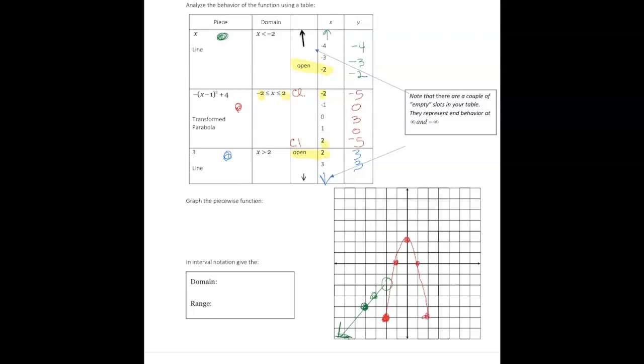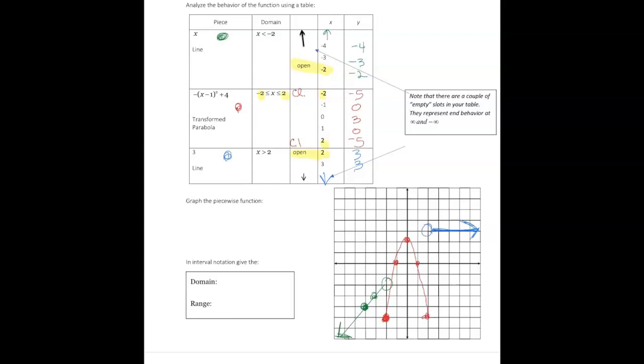This has to be where x is greater than 2. So the points are 2, 3: 1, 2, and then up 3, 1, 2, 3. And that's going to be open. Then everything is going to be 3 after that, and it's going to go on forever and ever. So I'm going to go this way. Okay, so let's think about that. This is 2, 3, 1, 2, 3, and that was